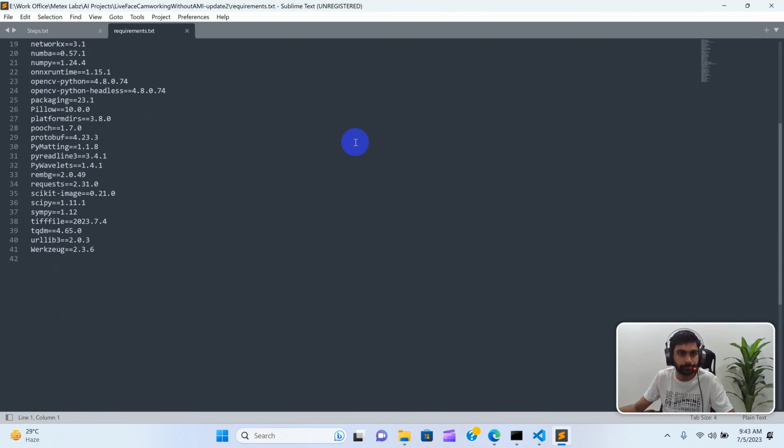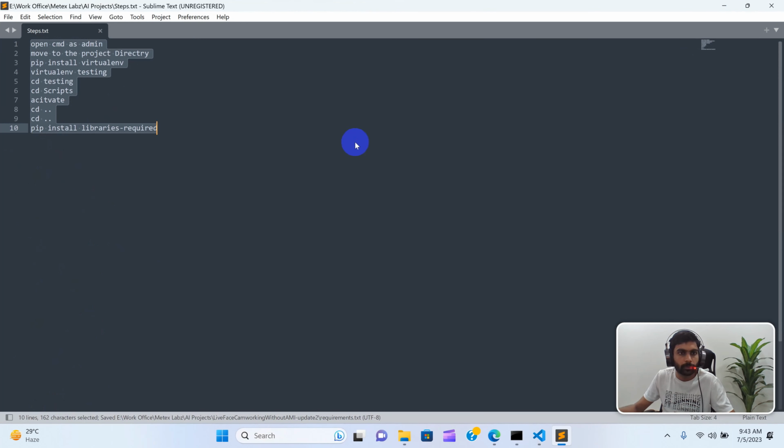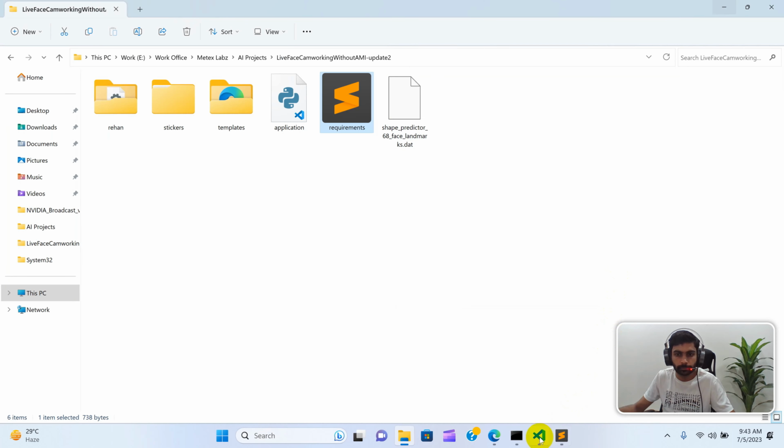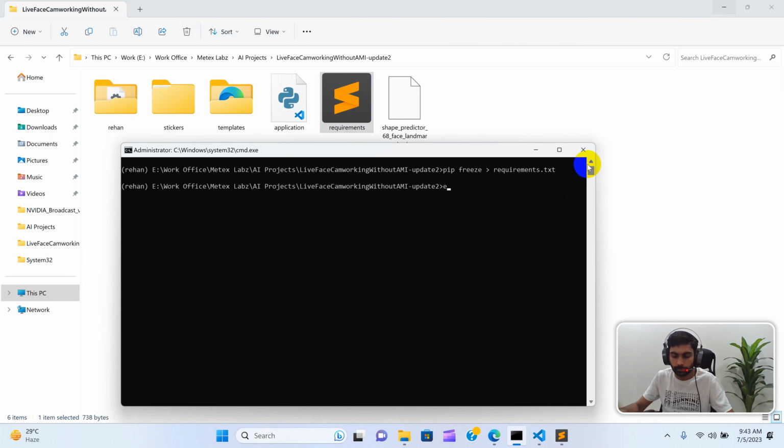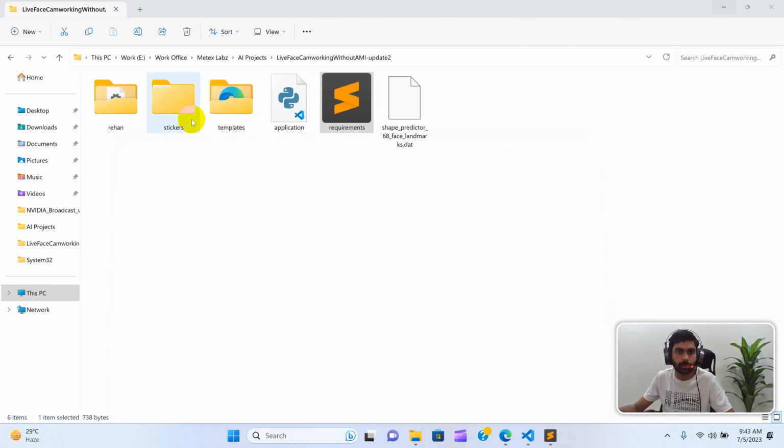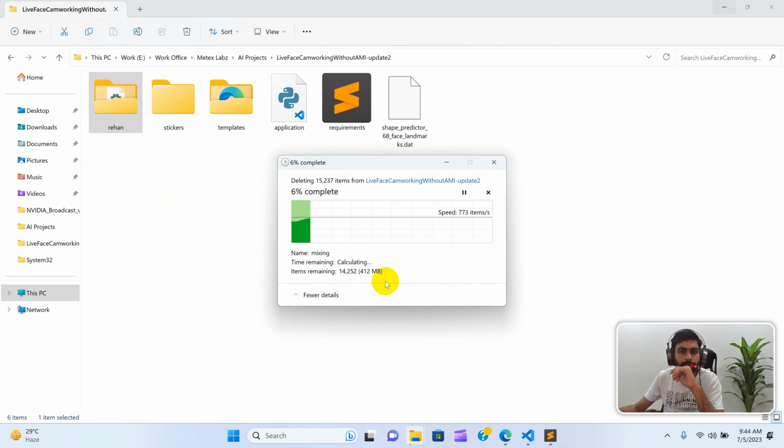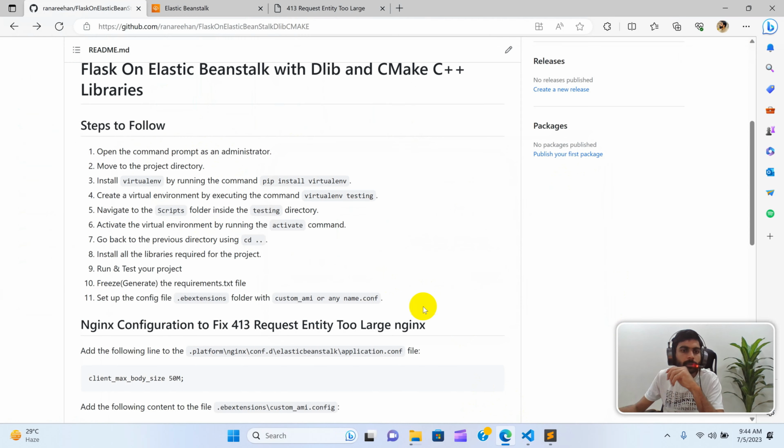Now you can delete the virtual environment folder which you recently created, as it's no longer needed. So I'm deleting it. The next step we have to follow